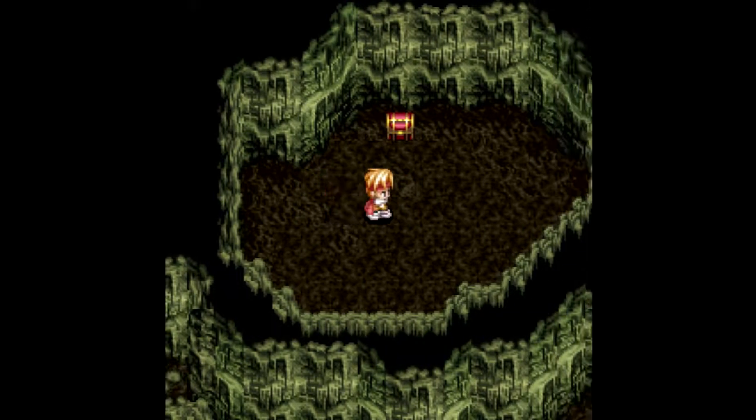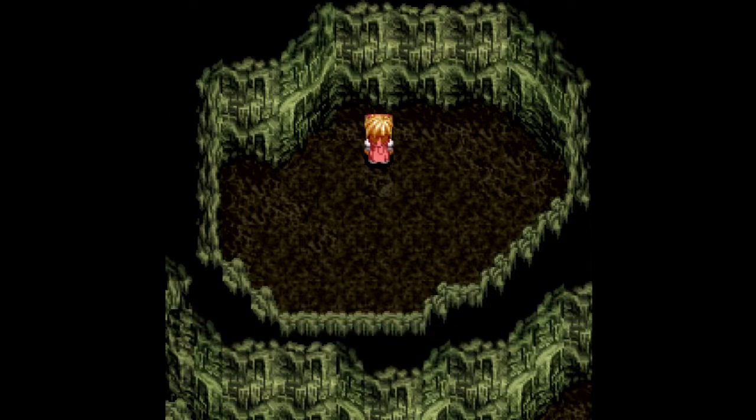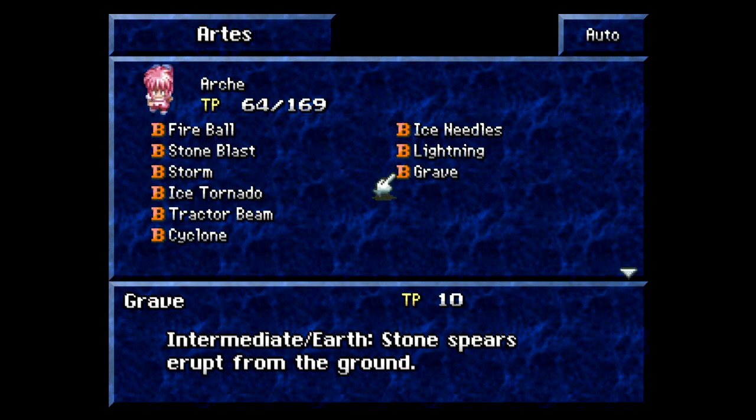Alright, Clarth can now summon Gnome. Very nice. Plus, we get a treasure chest. In there, we can find a spell book. This is a spell book. And Archie has learned Grave, which I believe is not as good as it sounds. Let's take a look at it. We have Grave here. 10 TP, intermediate earth spell, stone spears erupt from the ground. Yeah, it's not as good as it sounds, but it's still...